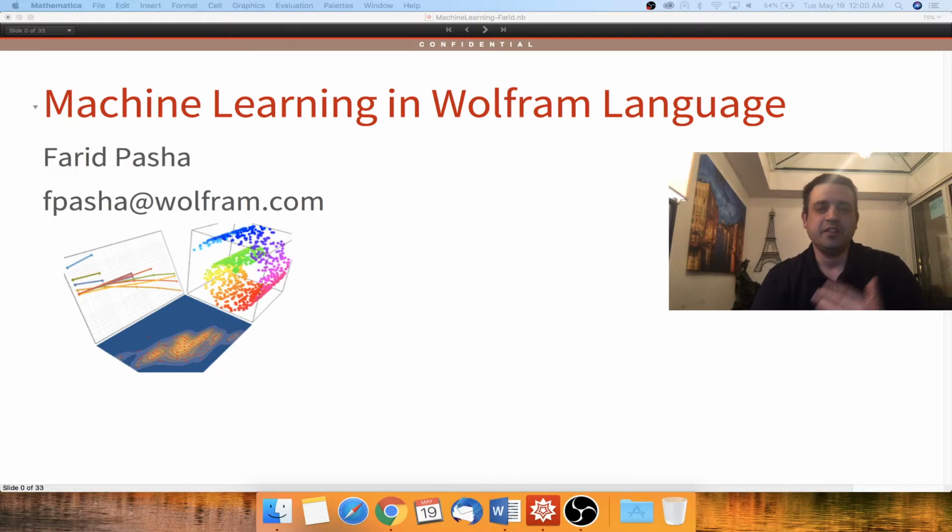Before I start with the demonstration, I want to point out that Wolfram Research has pioneered highly automated machine learning and has deeply integrated it into the Wolfram language. With the release of the latest version 12.1, the Wolfram language pushes further in the direction of having fully automated machine learning